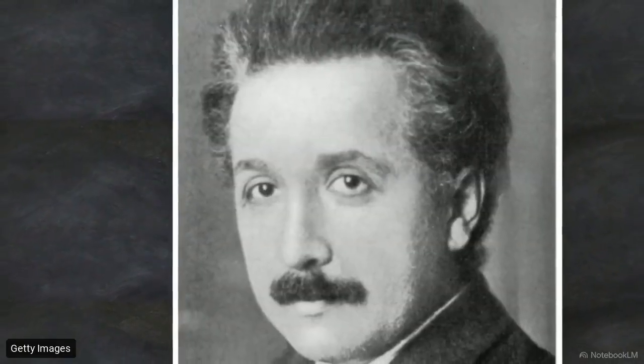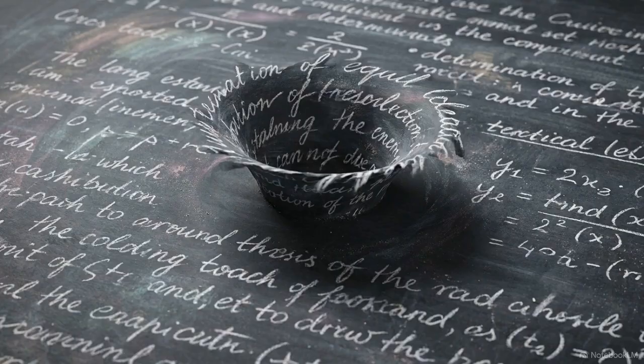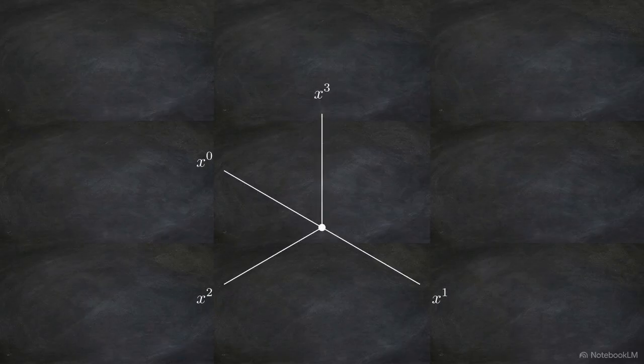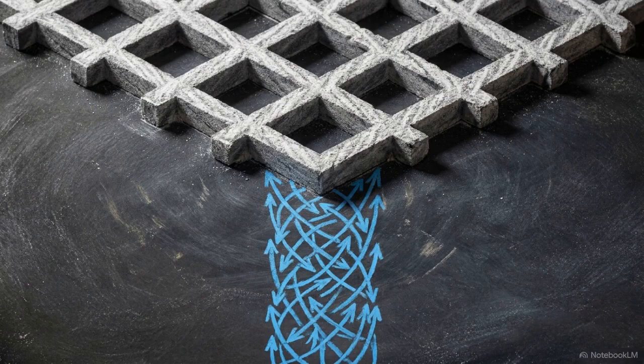In 1919, Theodor Kaluza wrote to Albert Einstein with a radical solution. He proposed that electromagnetism is not a separate force at all, but simply gravity operating in a hidden dimension. Kaluza expanded the standard coordinate system, taking the four values of spacetime, x0 through x3, and appending a strictly spatial fifth coordinate, x5. By constructing a metric in this five-dimensional space, Maxwell's equations of electromagnetism emerge naturally from the geometry